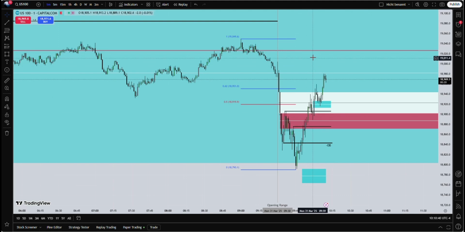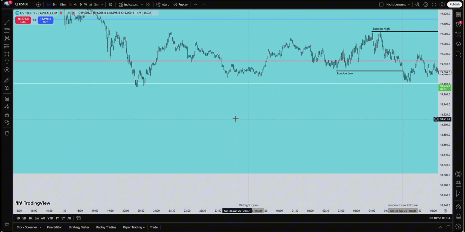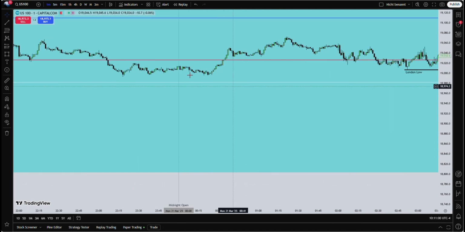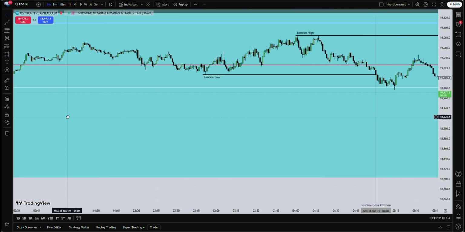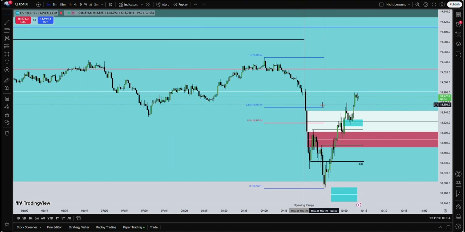seems like the macro wants to push price higher. But I'm just waiting and absorbing price action. I'm not taking any trades because my setup is not there yet, and it's not giving me what I want to see. And very important also, we are still below the midnight open. Right here is the midnight open. Okay, so here is the midnight open. We are below the midnight open. We are right here, right there, and